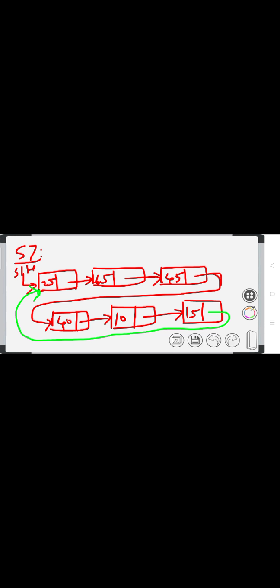So in an MSBTE question paper, if they ask you to construct a circular singly linked list, because in the last